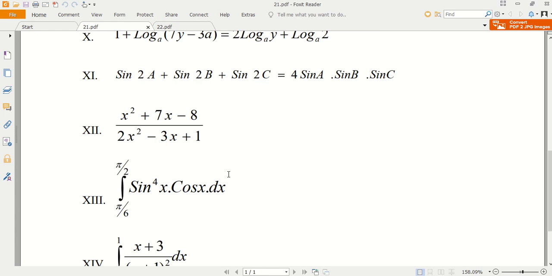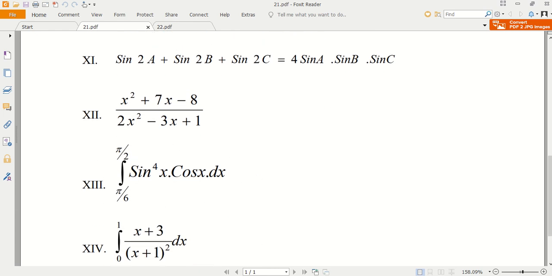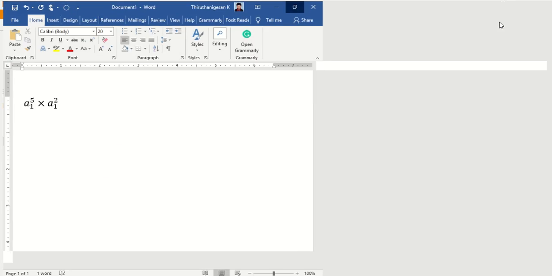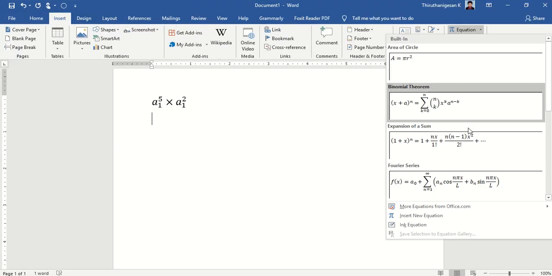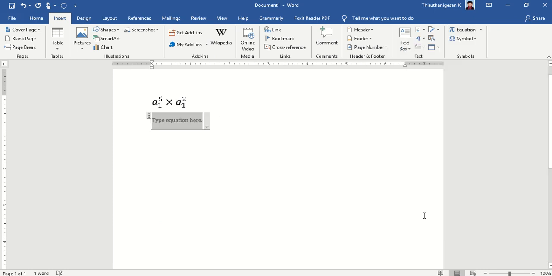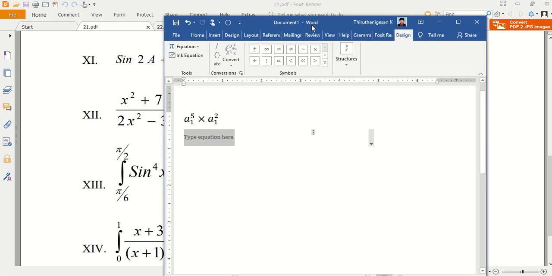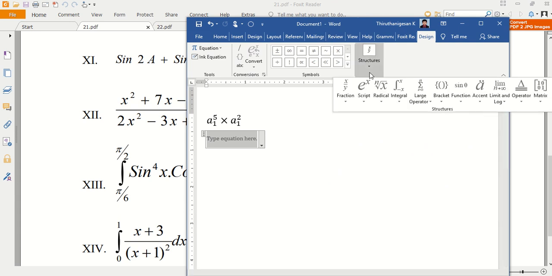Thereafter I am going to do this equation. Just go to Insert Equation, Insert New Equation. By looking at those equations you can easily get the structure, so choose which structure of the equation you want.